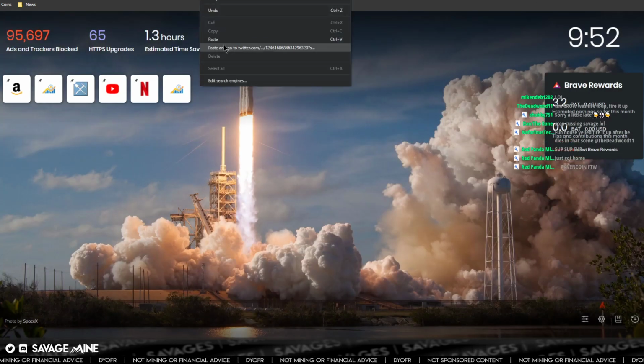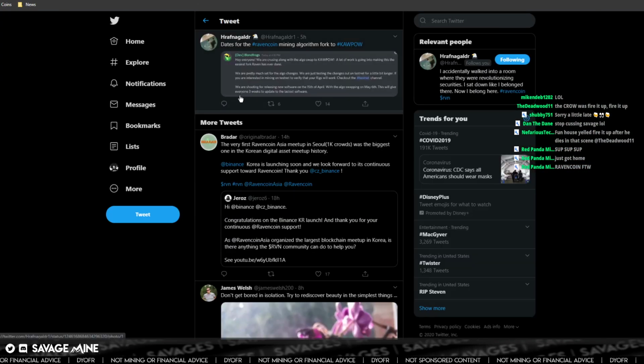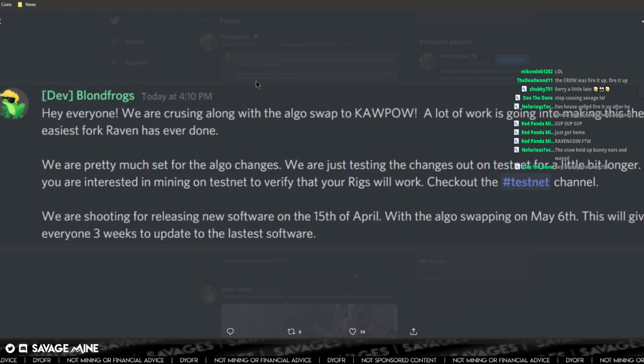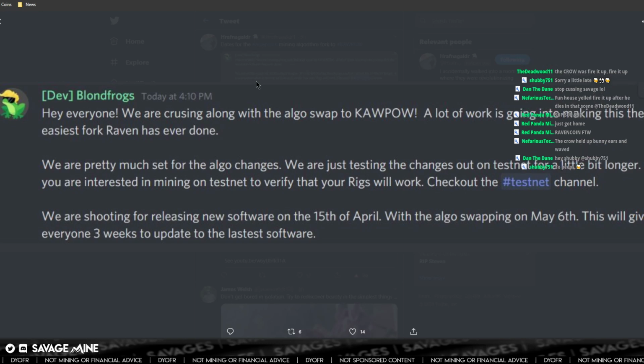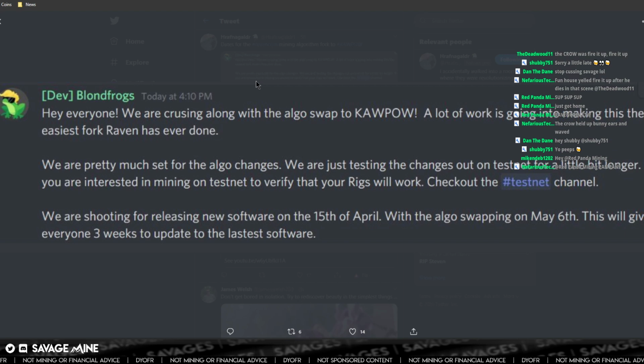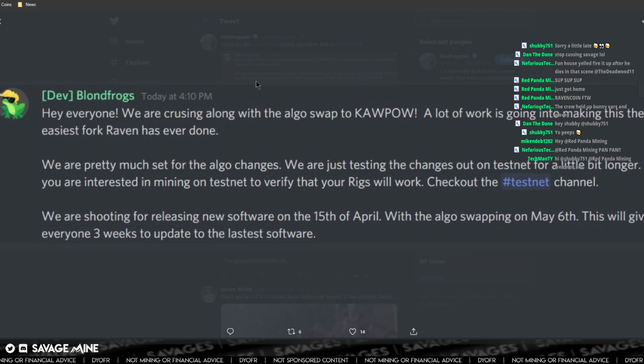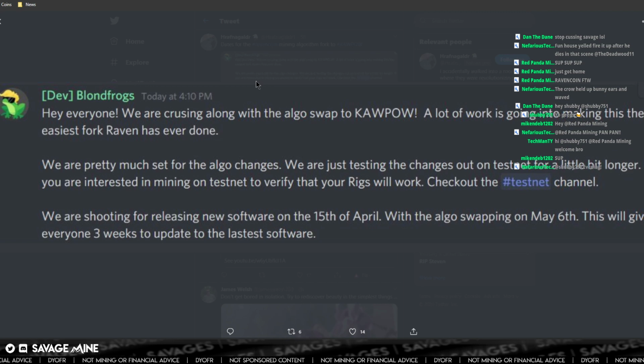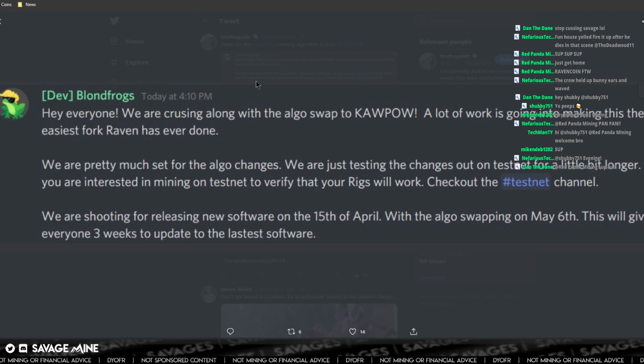If they were going to try to put a date on it, it looks like Blonde Frogs, one of the devs, was mentioning in Discord: hey everyone, we are cruising along with the algo swap to KAWPOW. A lot of work is going on and making this the easiest fork Raven has ever done. Pretty much set for the algo changes. You can check out testnet in Discord. It looks like they're shooting for releasing the software. Now this is where the community aspect of it comes in. They're going to release the software for the new algorithm on the 15th of April, it looks like, with the new algo